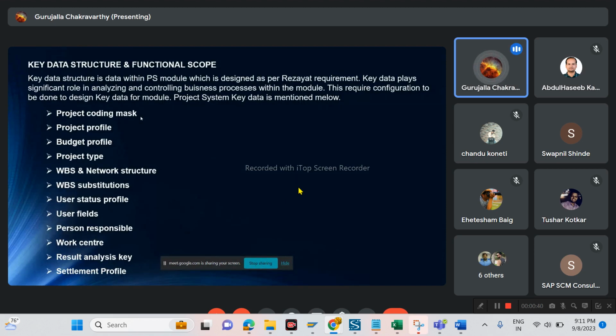After that, project profile, then budget profile, and what are the project types? It is roads or bridges, buildings, and the WBS structures. How many levels of WBS are there? How many types of activities to be given, like internal activities or external activities, and WBS substitutions. So based on this, which organizational element needs to be mandated to be substituted for that particular project, and